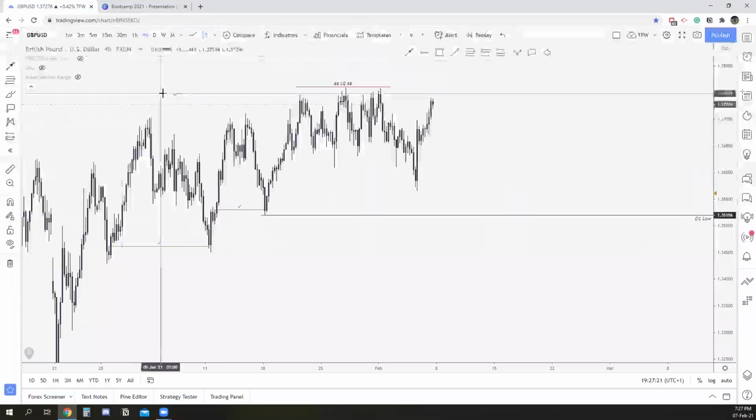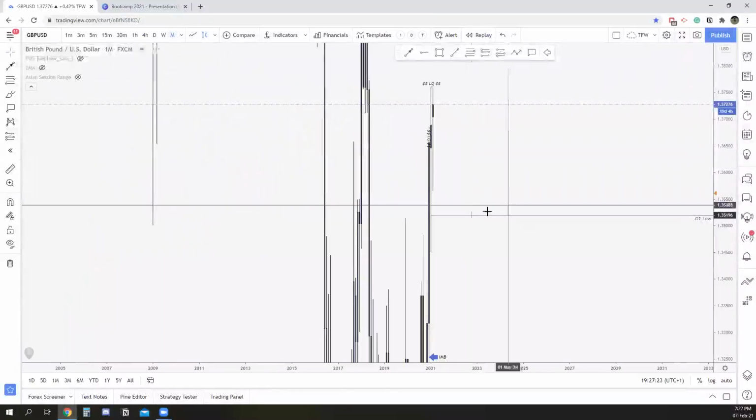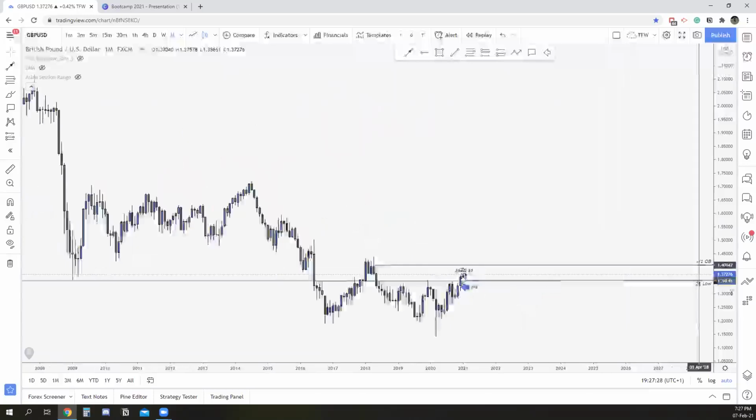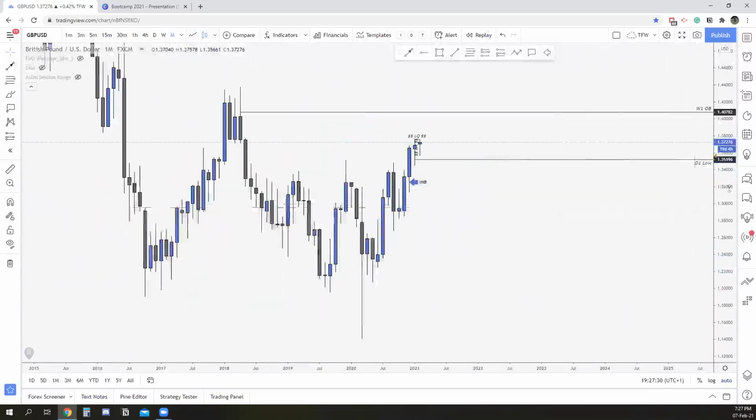And if I just go, you can see this everywhere. Let's drop to the monthly time frame just to experiment, all right? So let's just zoom in a little bit. Have a look.